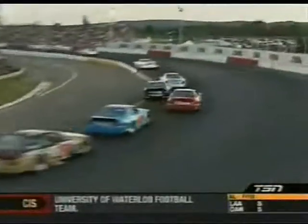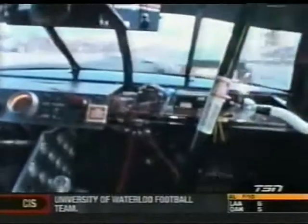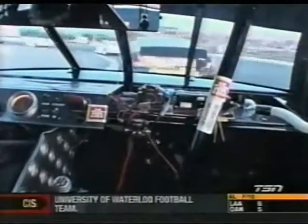And there we look back to a battle for 5th position between the 4 of Don Thompson Jr. and the 9 of Mark Dilley. Pete Shepard Jr. going to follow him through as well. So Pete Shepard Jr. in the National Exhaust number 7 continues to improve his position. The Home Hardware Chevy